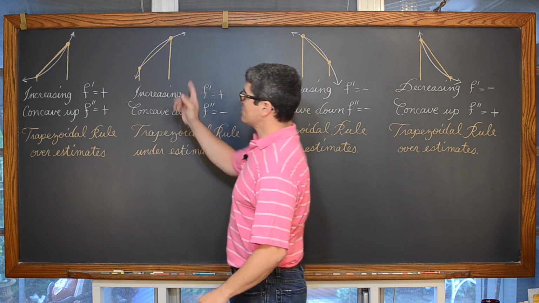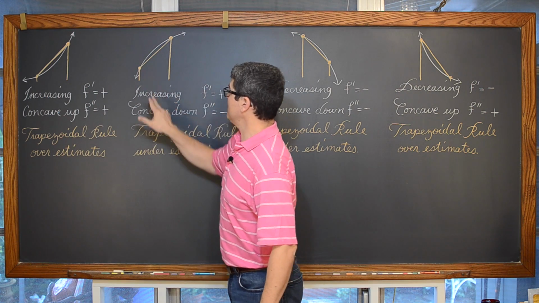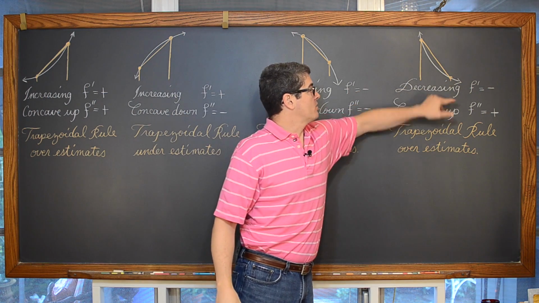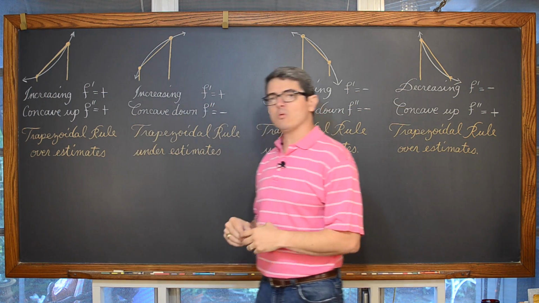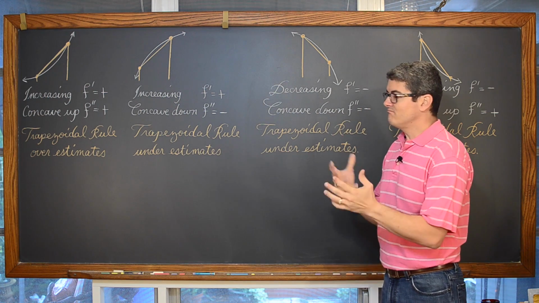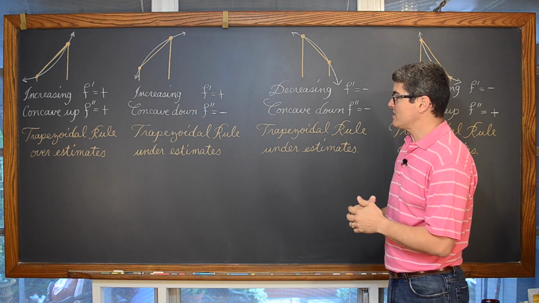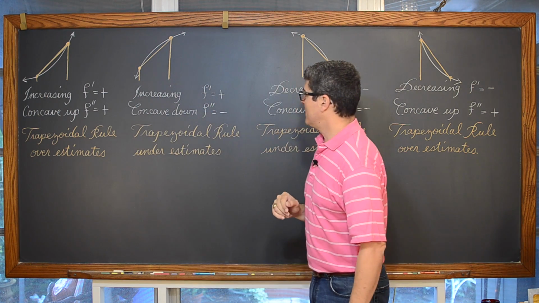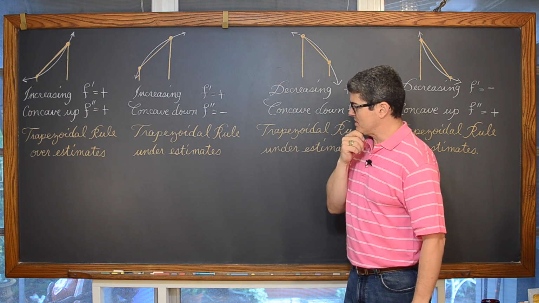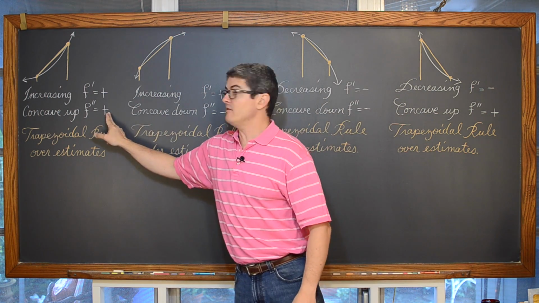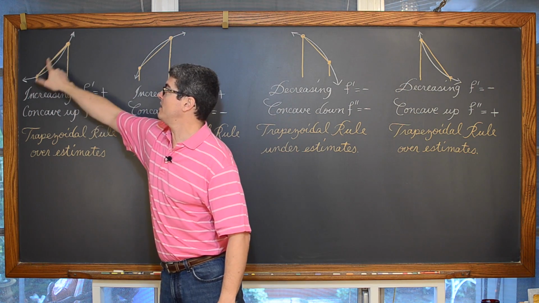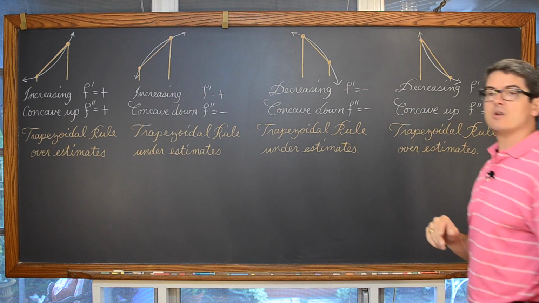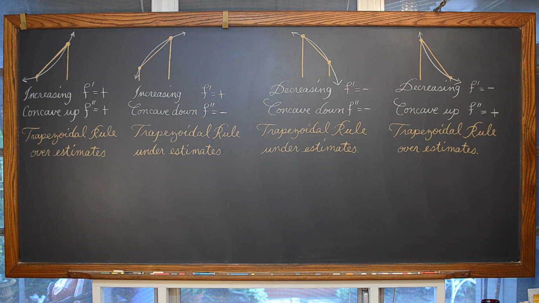So we have functions which are increasing concave up, increasing but concave down, decreasing and concave down, and then we have increasing and concave up. As you look across this board, what did you see in similarity with all of these answers? When did the trapezoidal rule overestimate it? Well, it overestimated when it was increasing, but it also underestimated when the function was increasing. But when the function was concave up and you connect 2 points along that function with a straight line, when the function is concave up, that trapezoidal rule is going to be overestimating your definite integral.